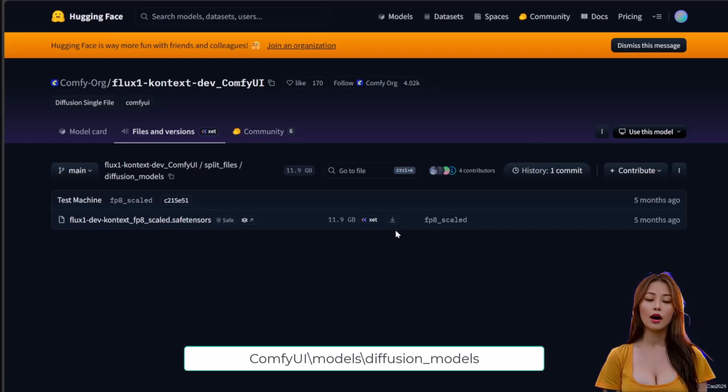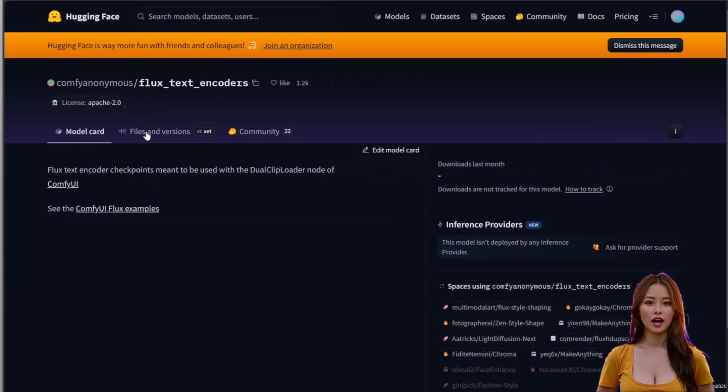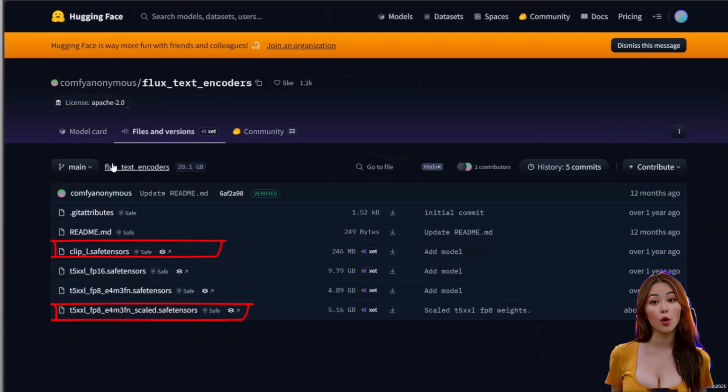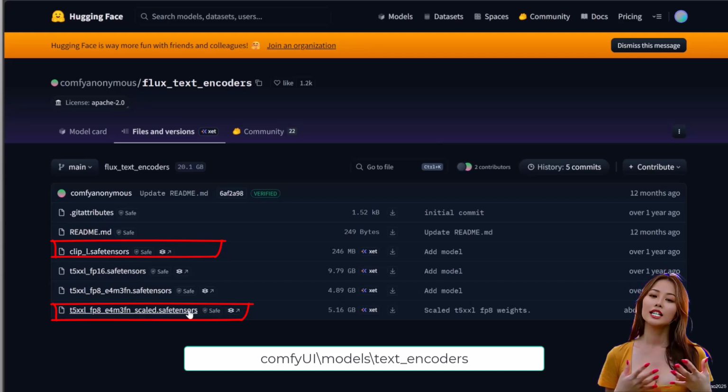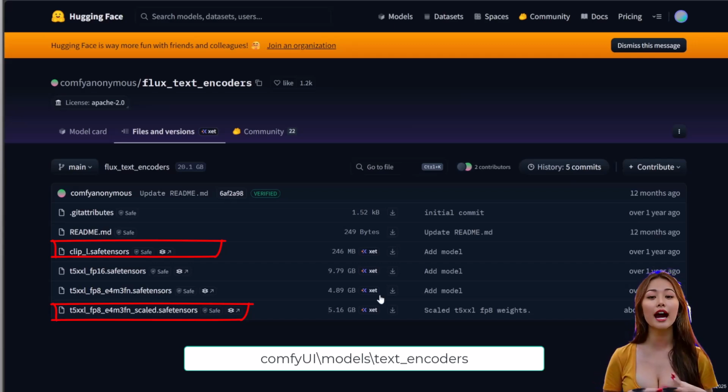ComfyUI/models/diffusion_models. Model 2, the dual clip text encoders. Flux's secret sauce is using two language models for unmatched context. You need the standard clip_l.safetensors and the massive T5 encoder, t5xxl_fp8_e4m3fn_scaled.safetensors. Drop both of these into